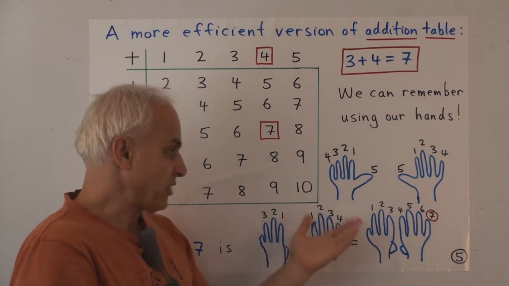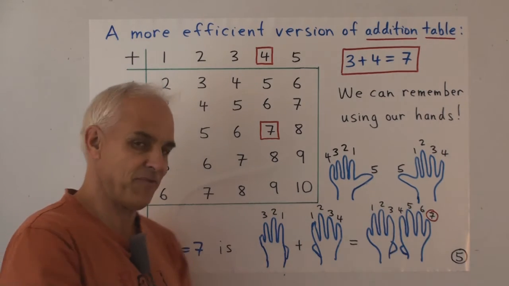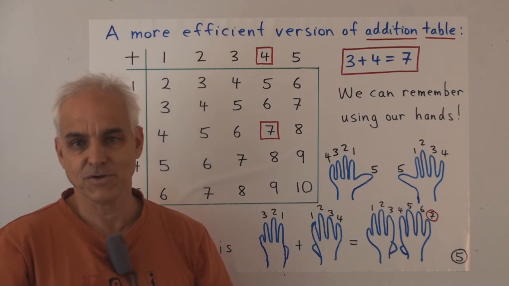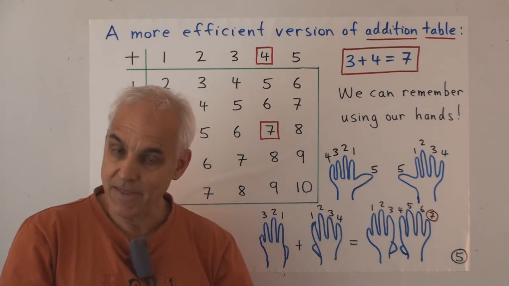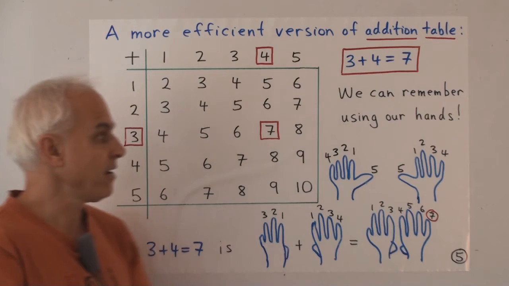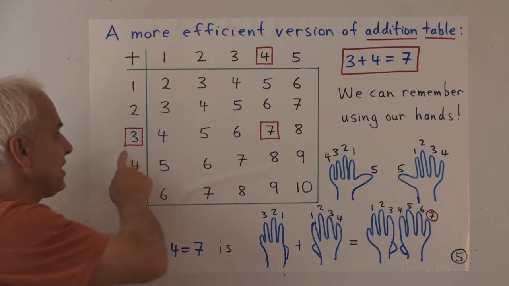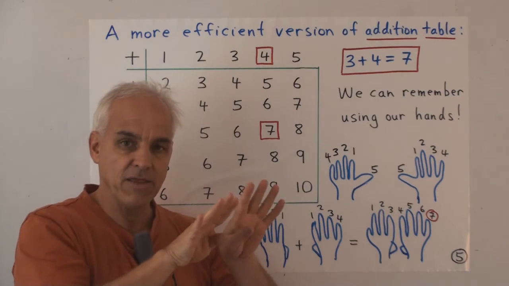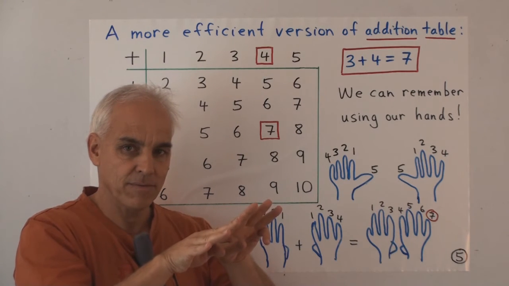So it's quite natural. Of course, this is where our number system arose, from the fingers of the hands, and it's quite reasonable for students to do this. But at some point they have to go beyond that, let go of the hands and think symbolically. So ultimately, when a student sees 3 plus 4, they should be able to say 7 without, in their minds or under their desk, using their fingers.